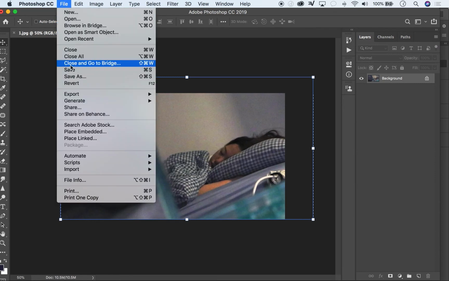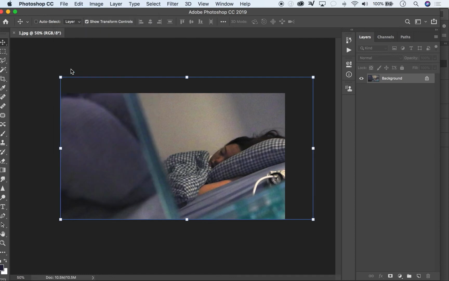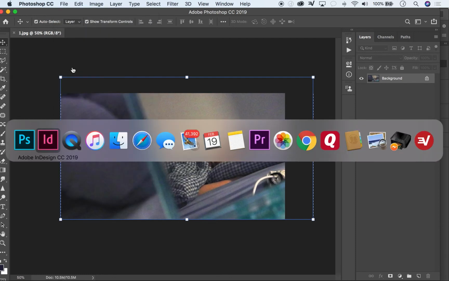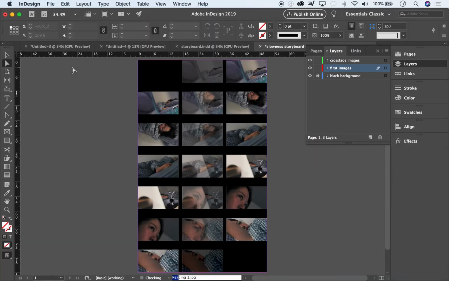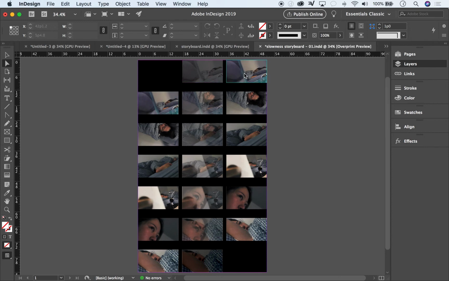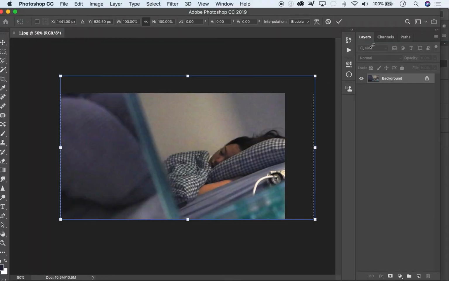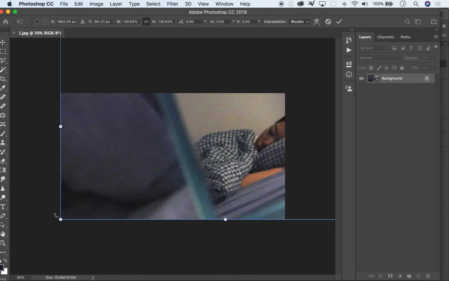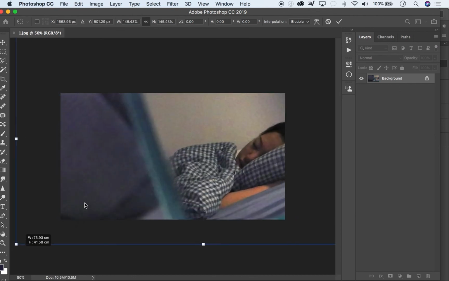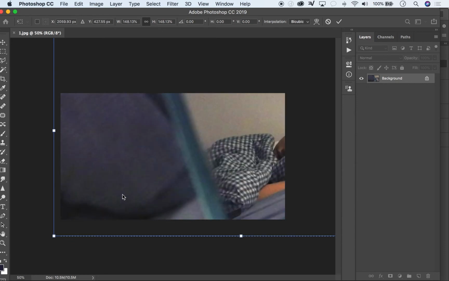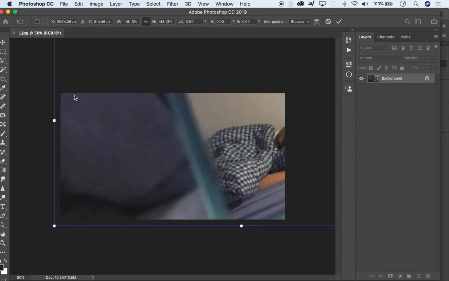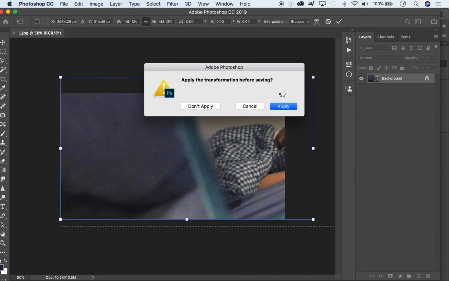Now, if I went ahead and clicked on Save, when I come back to InDesign, that change will be reflected in the InDesign document. Let me make a more extreme change so I can show you. Okay, so I've almost completely cropped out her head. So now I'm going to say Save, apply the transformation,